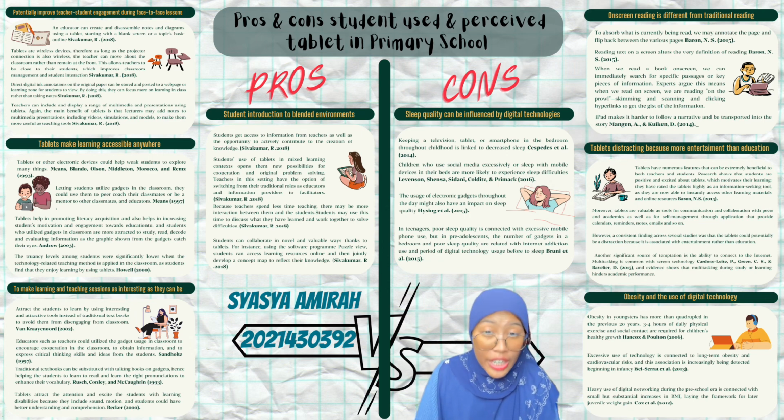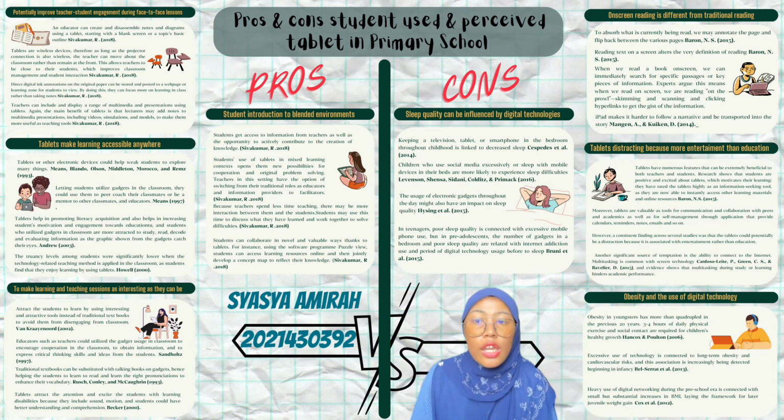When we read a traditional book, we do so in a continuous, slow, close, and linear manner. To absorb what is currently being read, we may annotate the page and flip back between the various pages. When we read a book on screen, we can immediately search for specific passages or key pieces of information. Experts argue this means when we read